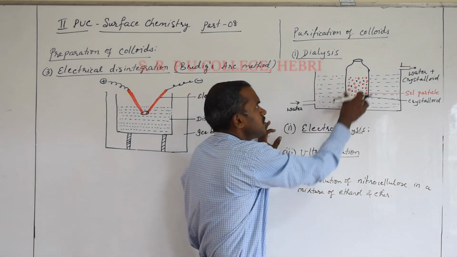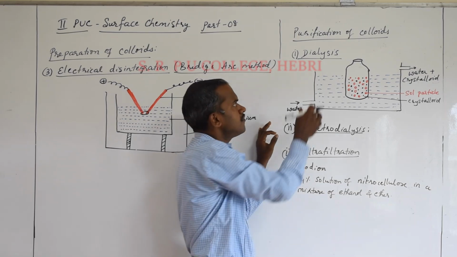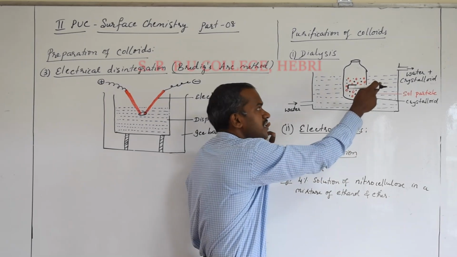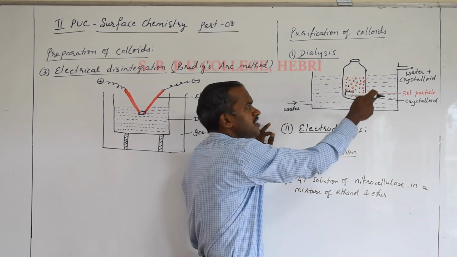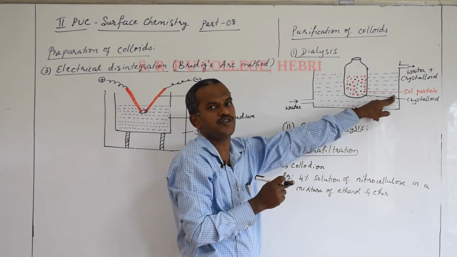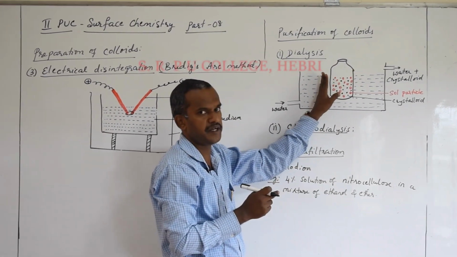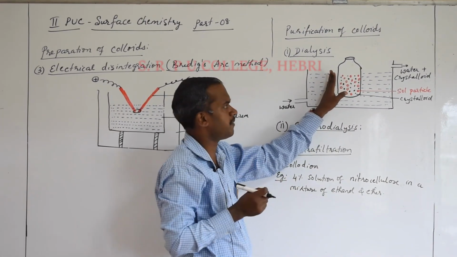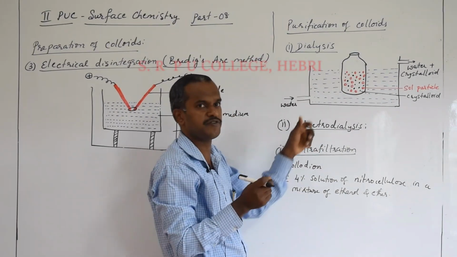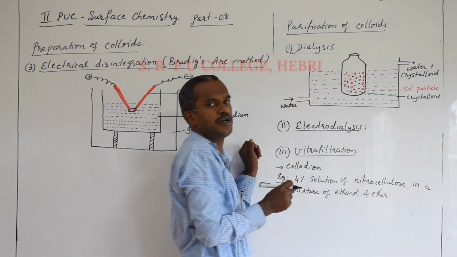Okay, after understanding this phenomenon of dialysis, can you guess what is the definition of dialysis? It is a process of separating which particle? The very small sized particles or crystalloid particles or dissolved particles from the salt particles or the colloidal particles using some membranes. We can't use a filter paper here. You know the pore size of filter paper is a little larger, where both these particles, the crystalloid as well as the salt particles, diffuse.